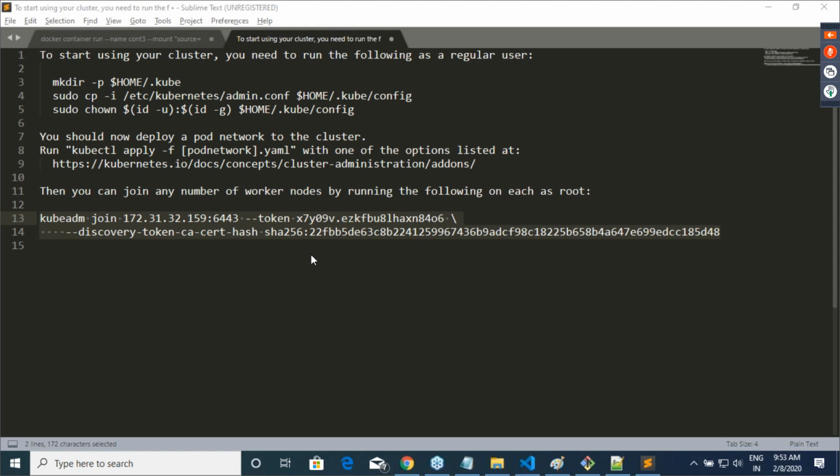Pardon me? Master as a node, yes, you can. I'll put it this way. On the master, you can run pods, if that is what you are calling nodes. If you want to make a master a node, remove the cluster which you have created. kubeadm init is to create a cluster. kubeadm reset is to remove the cluster. Just if you tear it down, that machine will become a node.